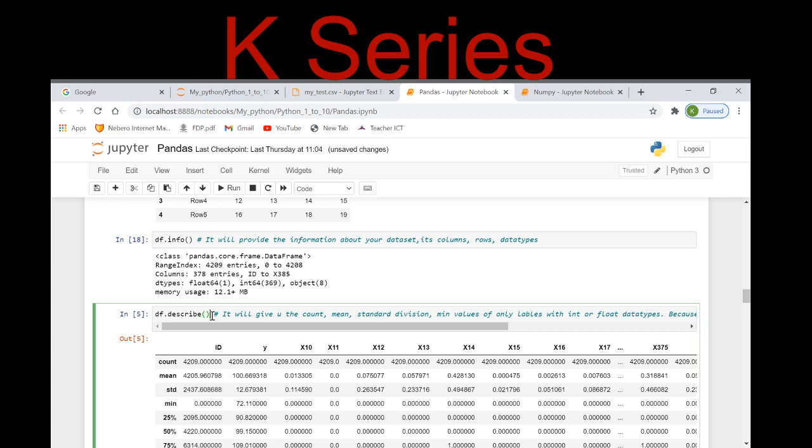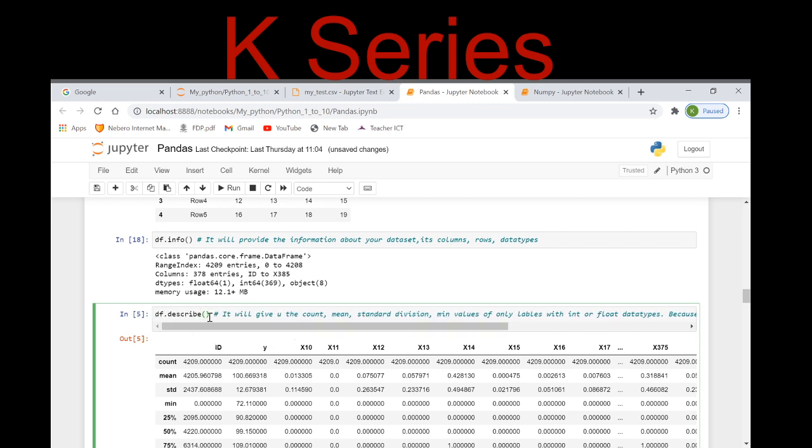Right, now the df.describe function is also there. What exactly is this function? This function provides me the major statistical methods. It calculates count, mean, standard deviation, min values. It gives us the count, mean, standard deviation, min values of only labels with int or float data types.